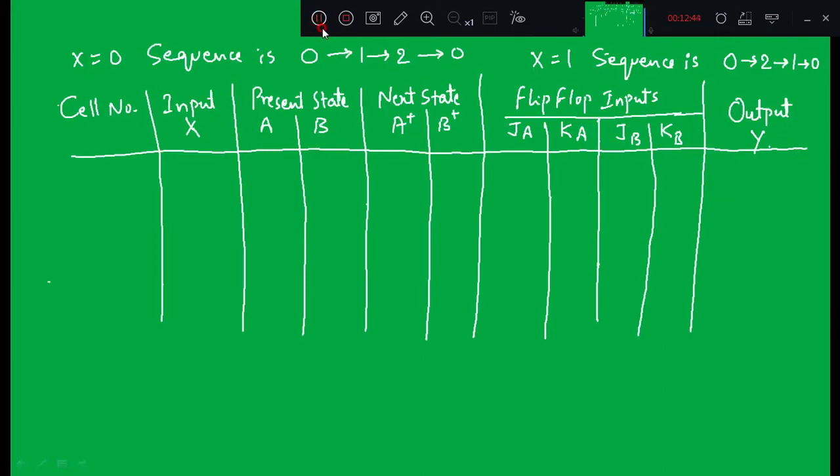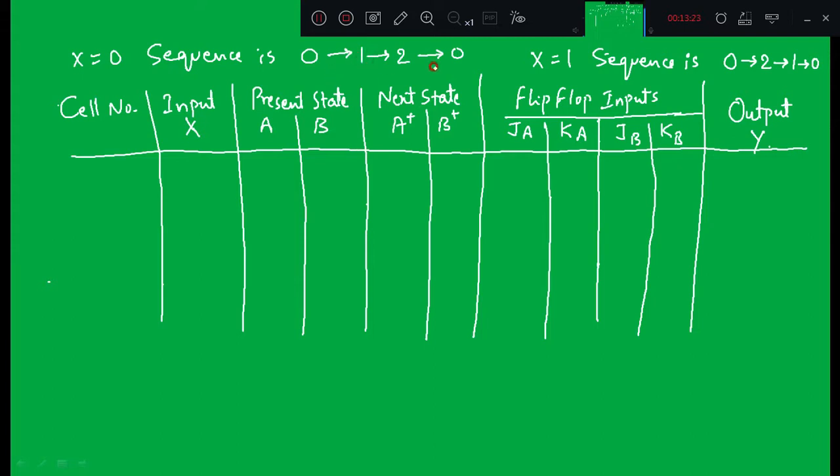In the design, there are 3 count values, 0, 1, 2, right? How many flip-flops do we need? We need 2 flip-flops. Here the present states, you can represent the state of the flip-flops as Q1 and Q2 as we discussed in the counter design, or you can represent them as A and B. These are nothing but the present states, and the next states are A plus and B plus. You can also represent them as Q1 plus and Q2 plus. These are the outputs of the counters.